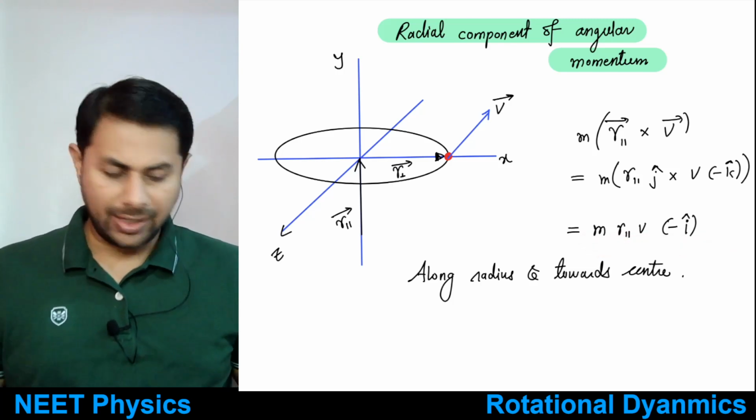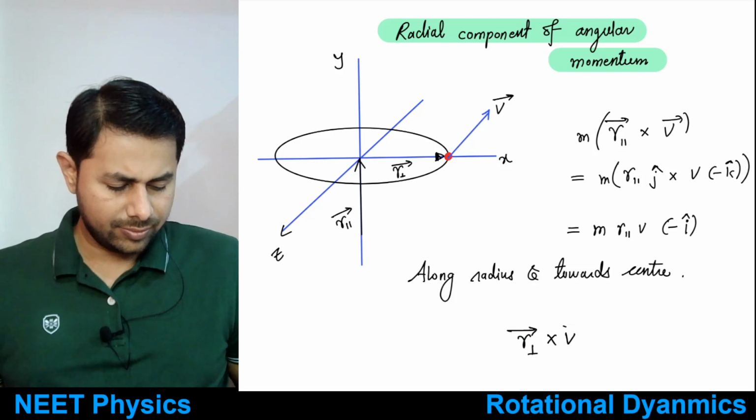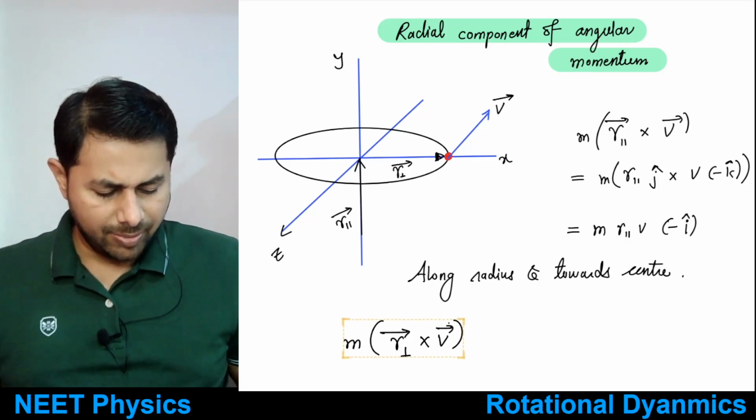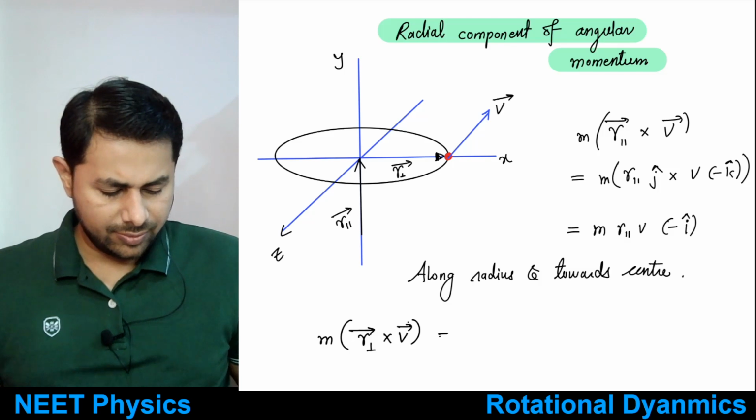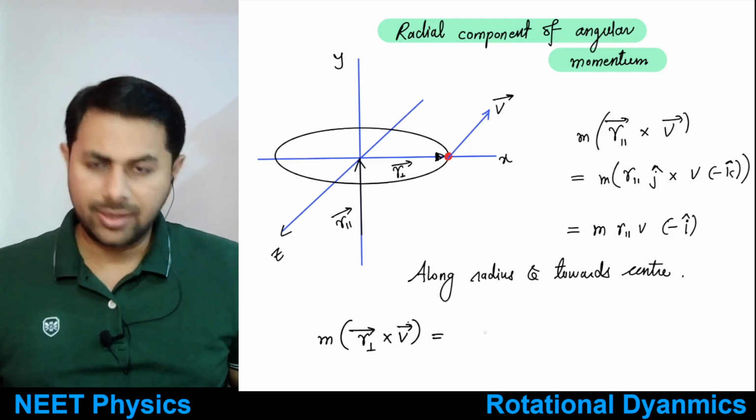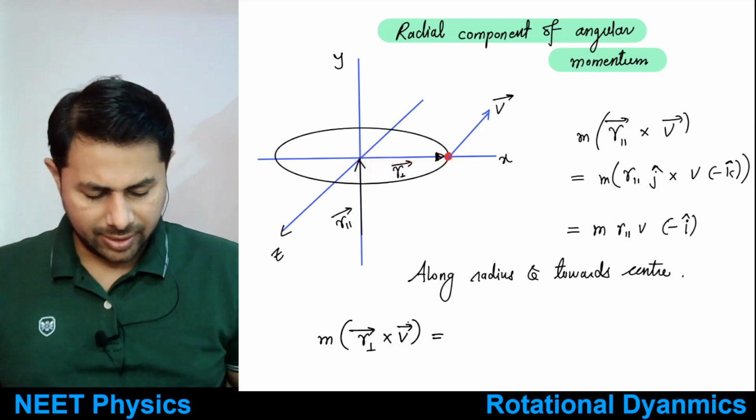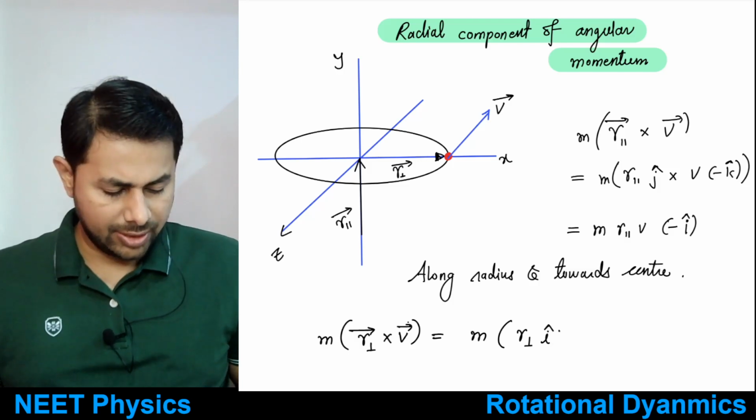Then you can find out r perpendicular cross v bar. What's the direction of this one? So see, r perpendicular is directed along what? Positive x axis. So I can say that this is m multiplied by r perpendicular multiplied by i cap. Then you have cross